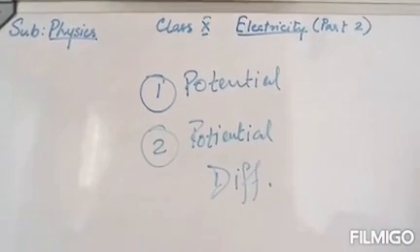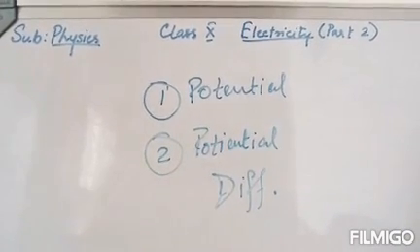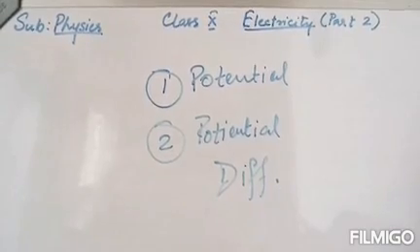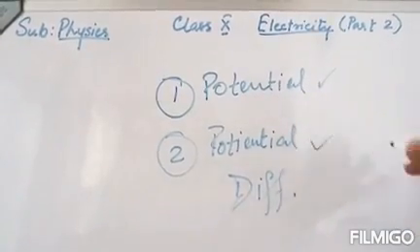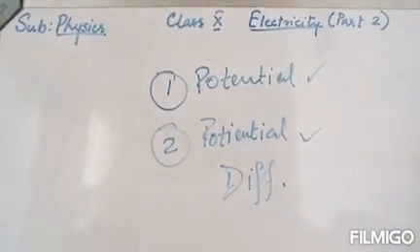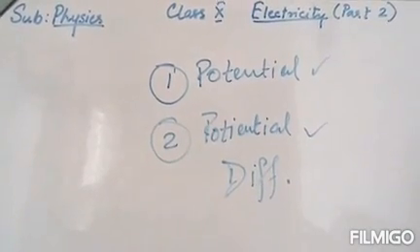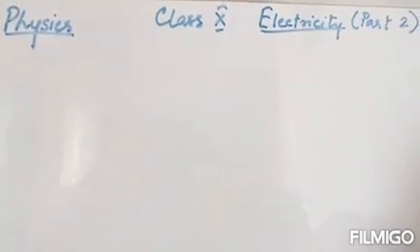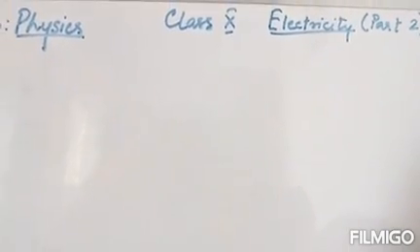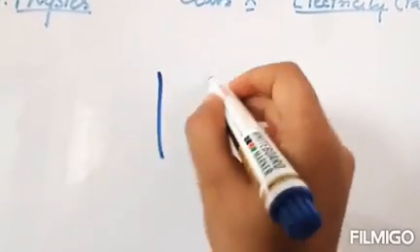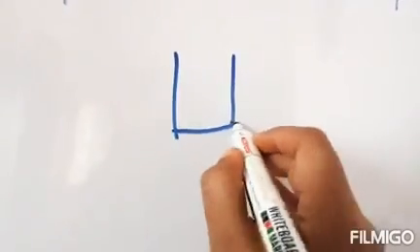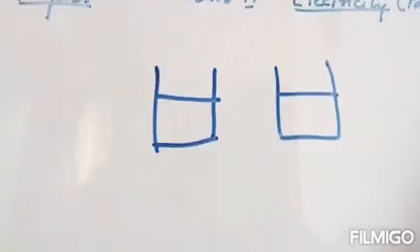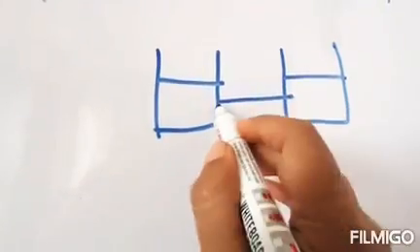Okay, this is a very important part of electricity, and today from these two topics we'll come to know how the charge flows and why the charge flows in an electric circuit. Okay, now in general, if I give you two glasses of water, or two beakers of water, of same height, and they are connected by a pipe.